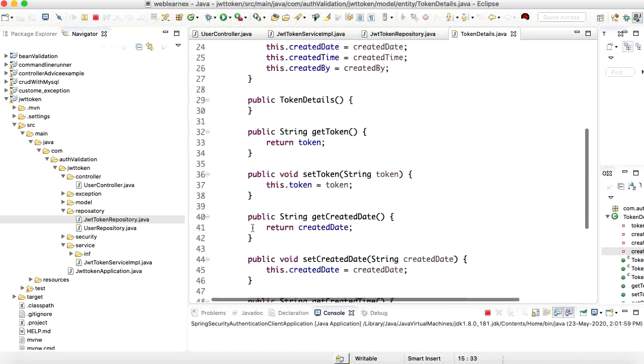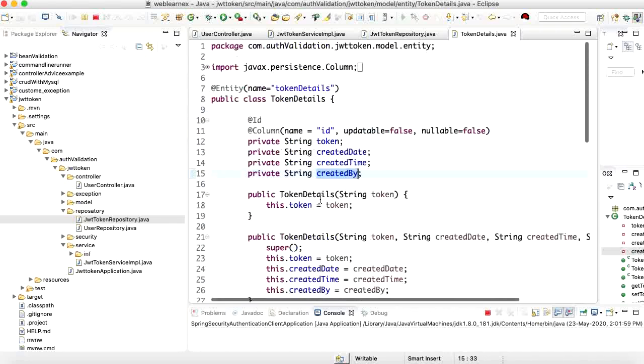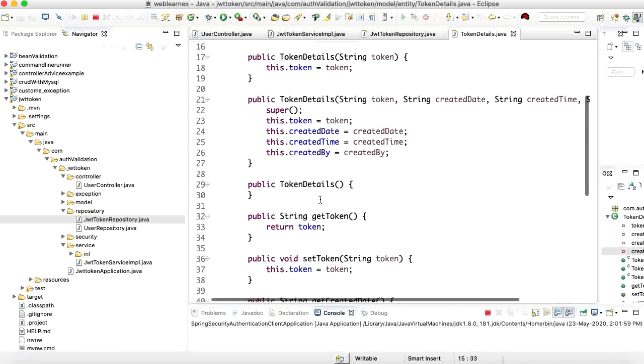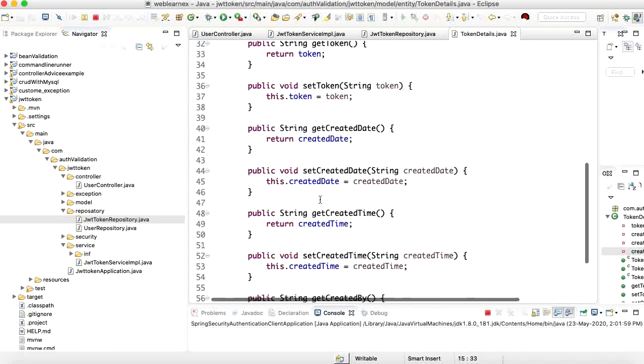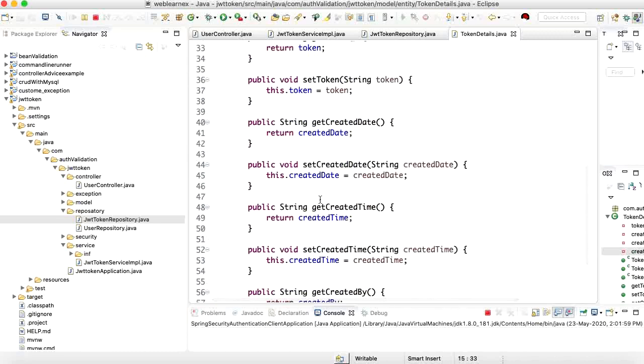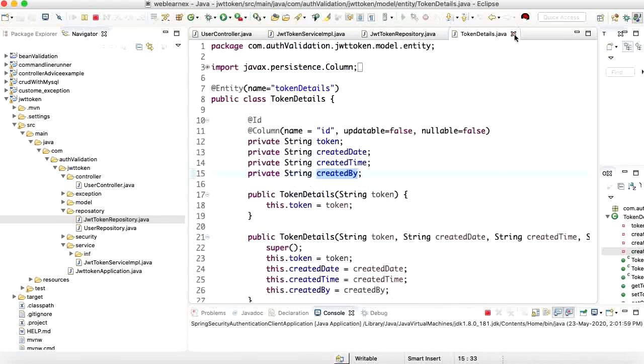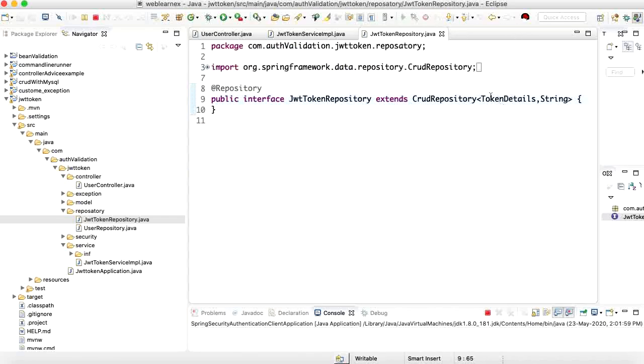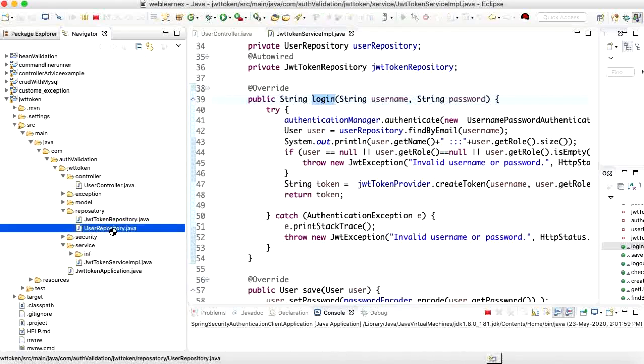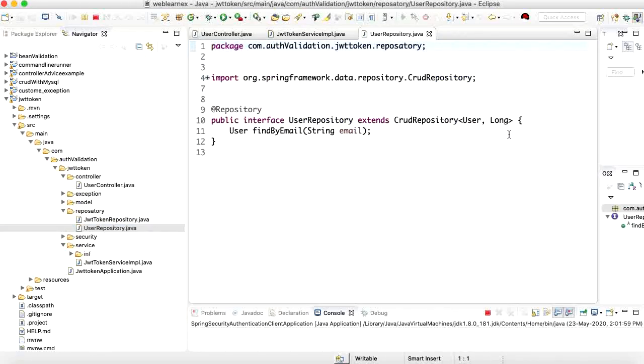I want to put all this token information in my database table. That's why I have created this tokens CRUD repository, and here I added the repository stereotype annotation, and I have created one user entity here.